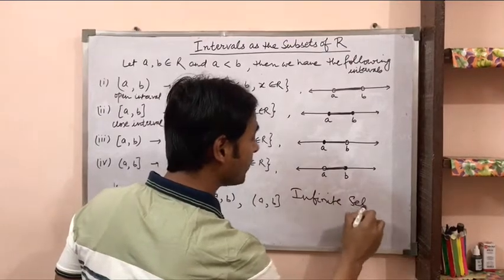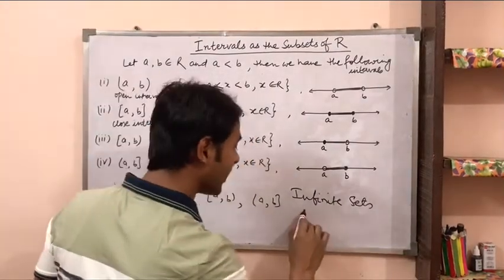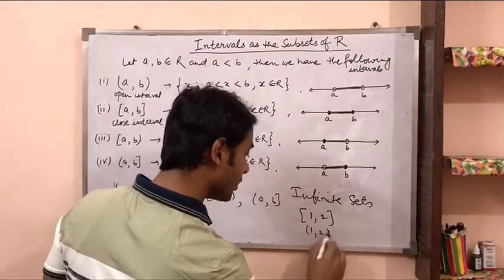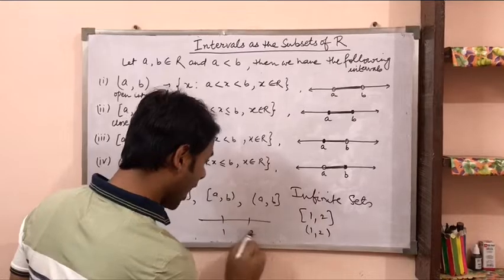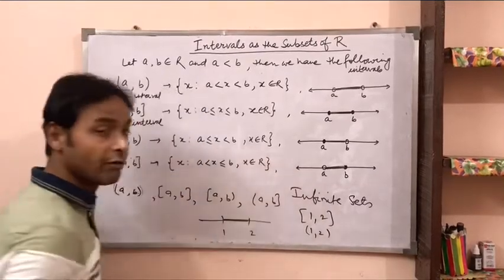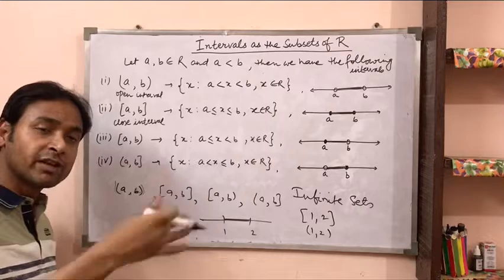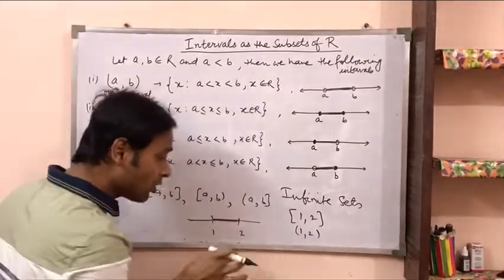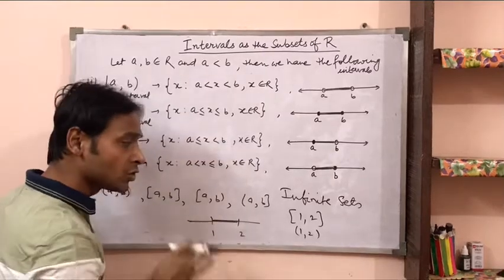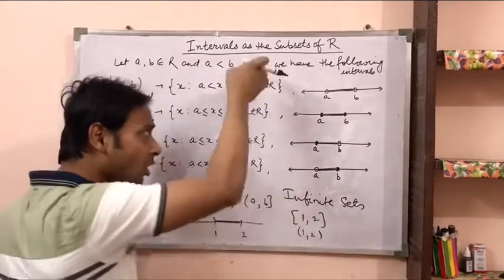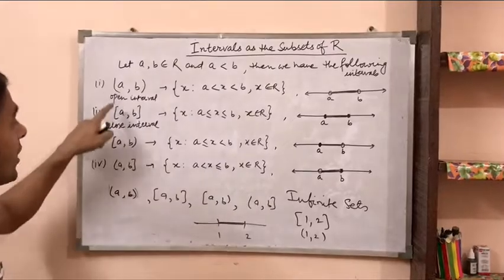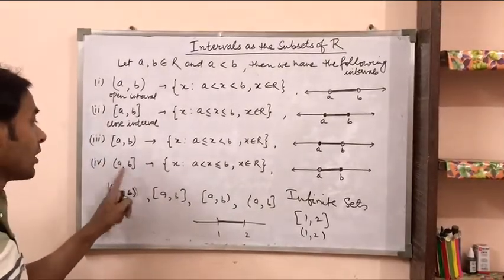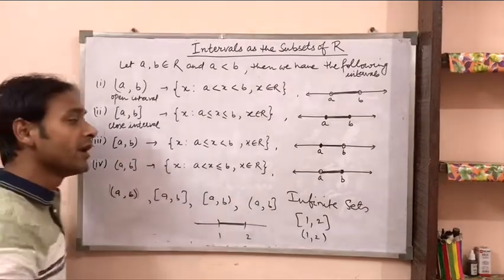All these are infinite sets because if I take the interval 1, 2, whether it is closed or open, I don't know how many elements are there between 1 and 2. 1.1, 1.2, 1.3, 1.11, 1.147, 1.479334. That means I don't know how many elements are there between 1 and 2. So the set is infinite in all these 4 cases, whether it is open, closed, open at the first point, closed at the last point, corner points included or not, all these will be infinite sets.